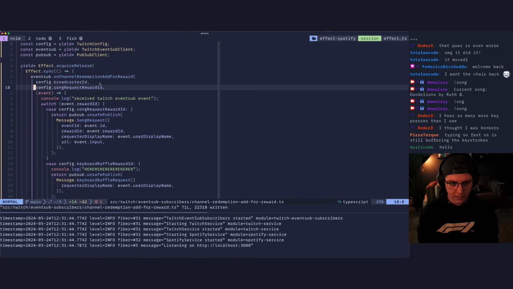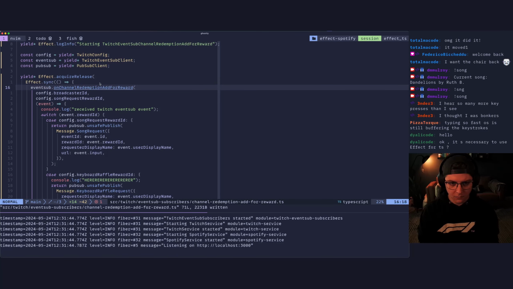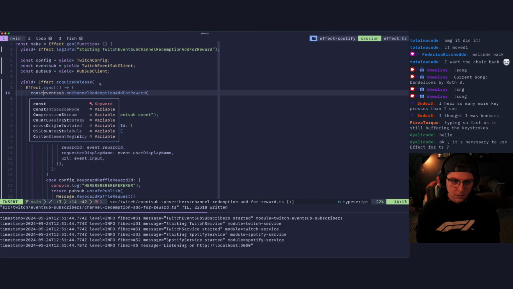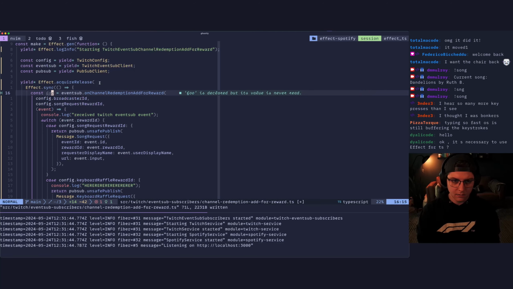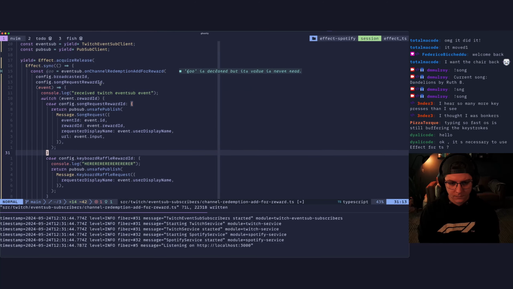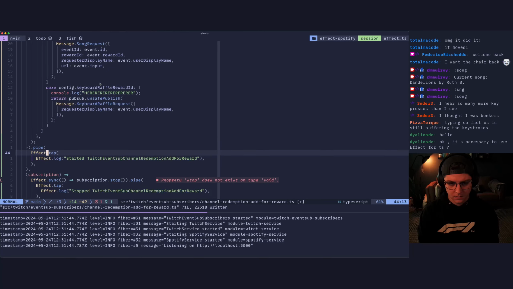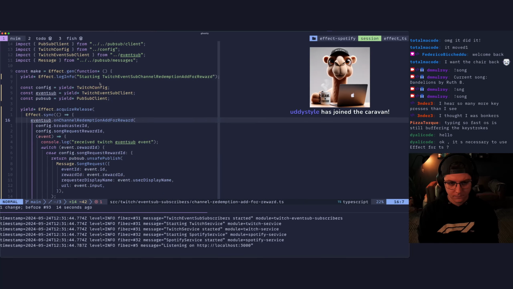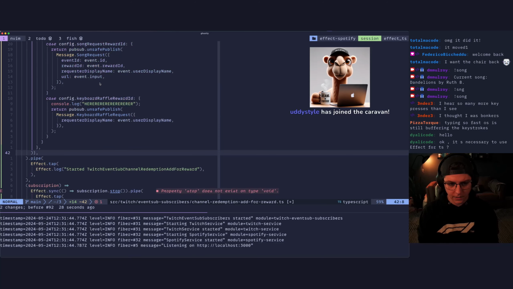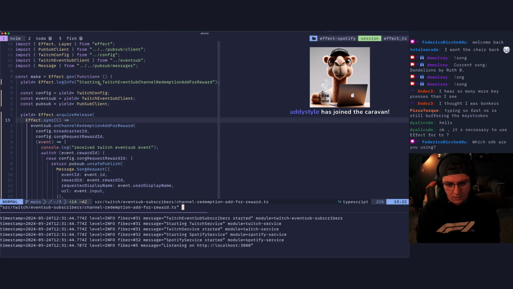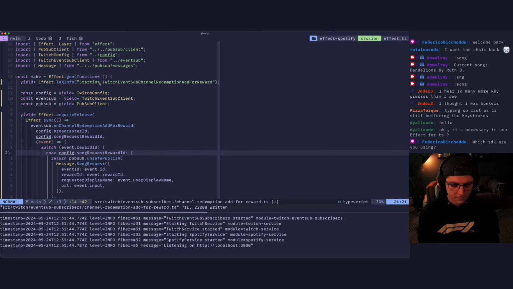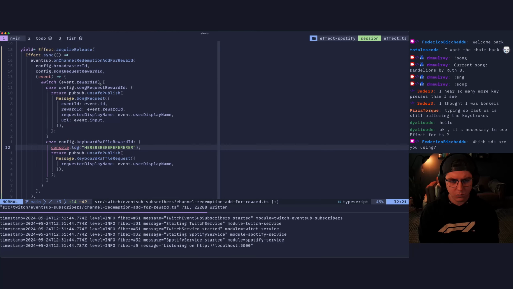Okay, so in there, and what's this return? This returns const foo equals that. What is foo? It's an event subscription. Oh, this is so annoying. Okay, this is okay. I'm using Twurple.